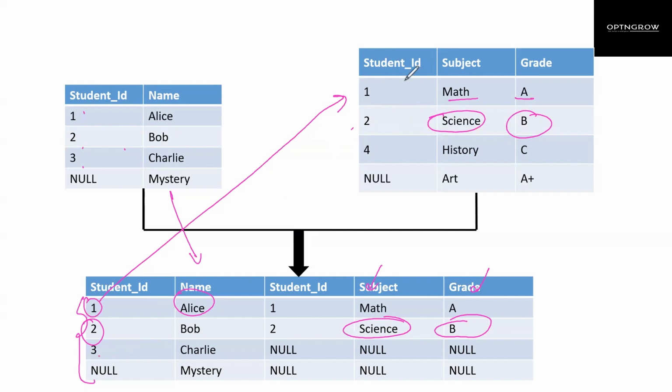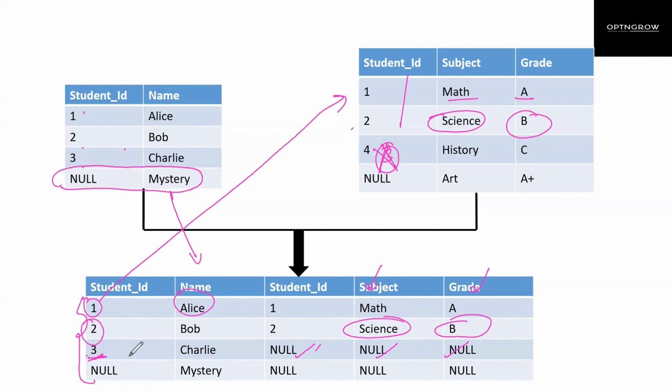For 3, as we do not have 3 in the student ID column of the grade table, we are getting null from the right table. I hope everyone understands how joins work. Fine. Now let's take the last one.